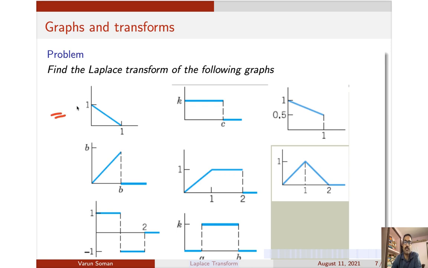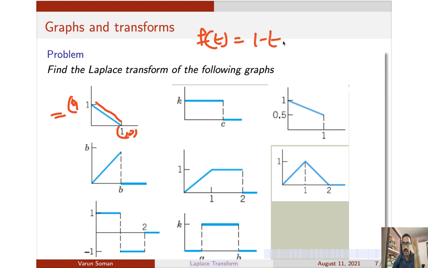Here your f of t was not given to you, so you have to find f of t by looking at the picture. You have to write the equation of f of t. You can see this is the value of t. What is the equation of that line? You know 2 points are there: one is 1, 0 and the other one is 0, 1. I hope you know how to write the equation of the line. If you write it down, you get f of t is equal to simply 1 minus t.